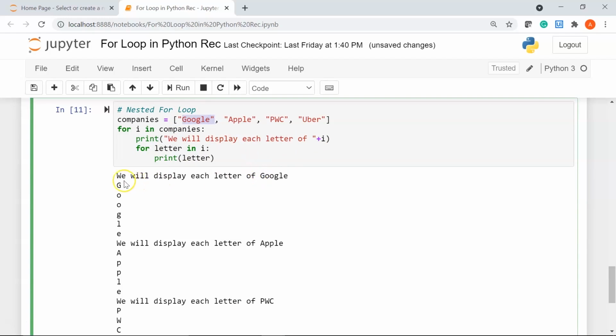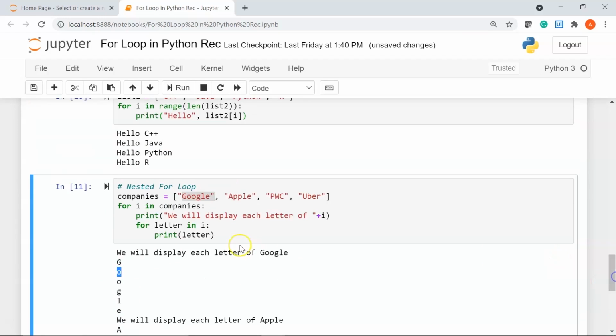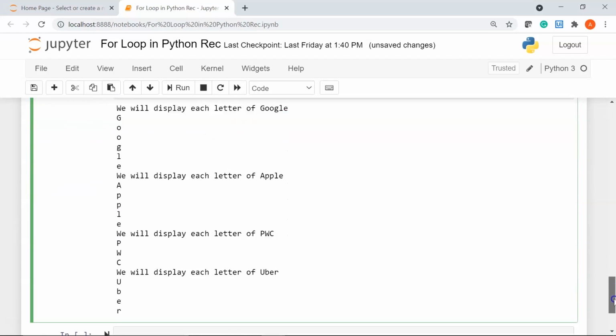So you can see below we have displayed each letter of Google using the inner for loop. Similarly, we have for Apple, you can see APPLE, we have PwC, and then we have Uber. So this is how you can use multiple for loops in Python.